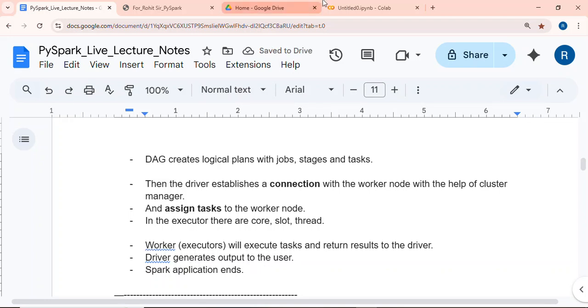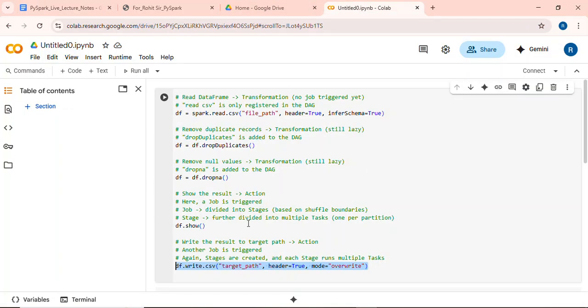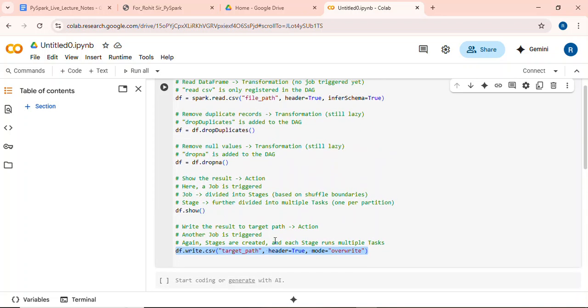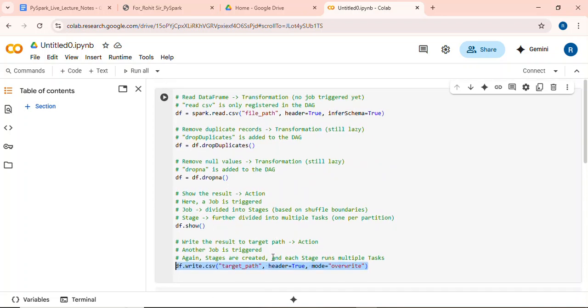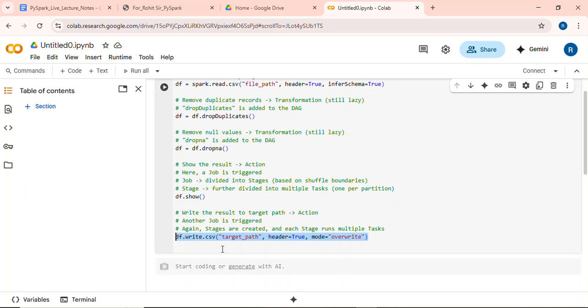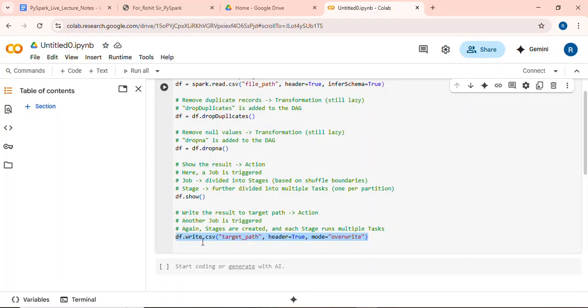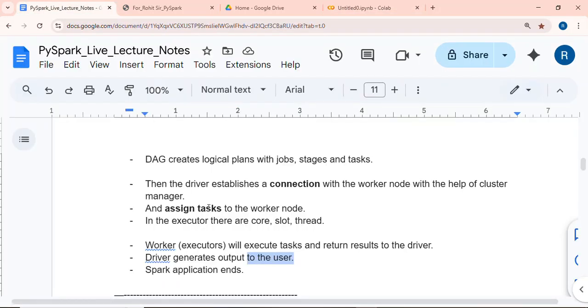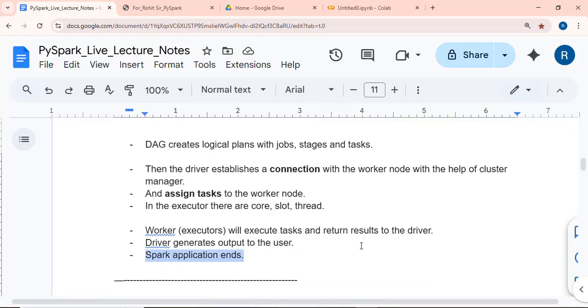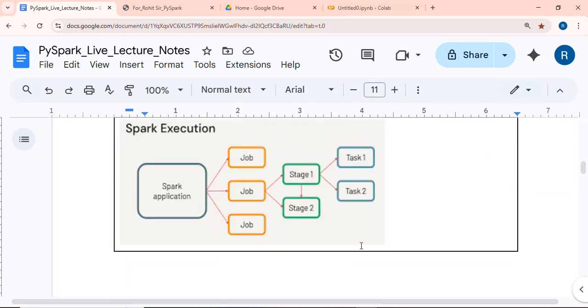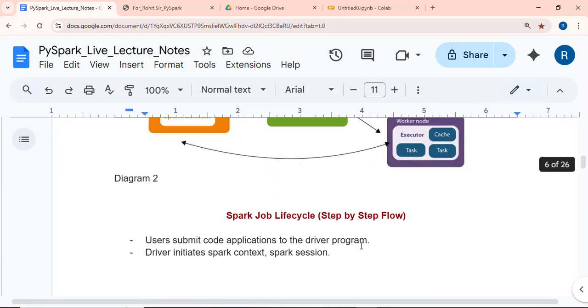ड्राइवर आउटपुट टू द यूजर जनरेट करता है। जो भी जॉब हमने लिखा है, वो एग्जीक्यूट होने के बाद हमें यहाँ पर आउटपुट आएगा, यहाँ पर हमें दिखेगा। ये ड्राइवर जनरेट करता है और हमें भेजता है। और स्पार्क एप्लीकेशन एंड्स। सो इसमें हमें ध्यान में क्या रखना है कि